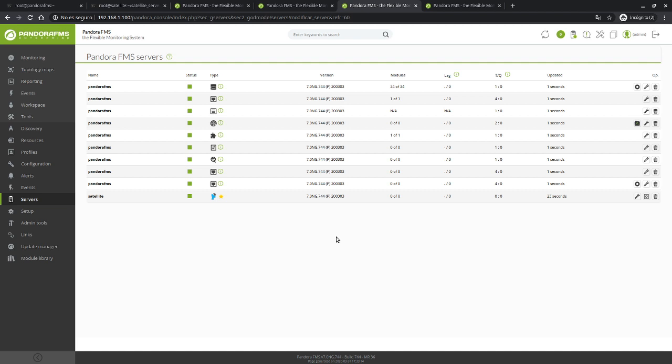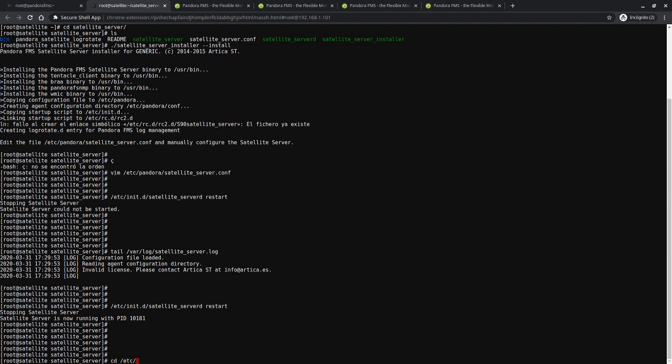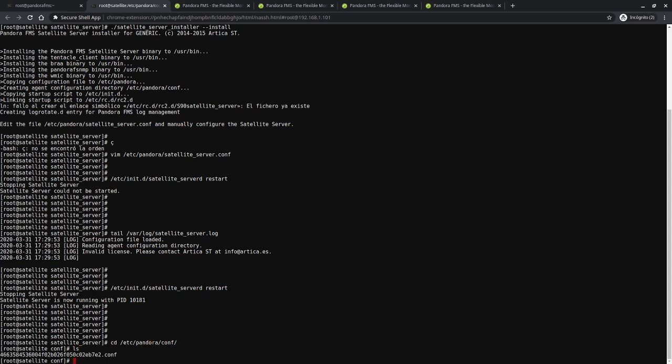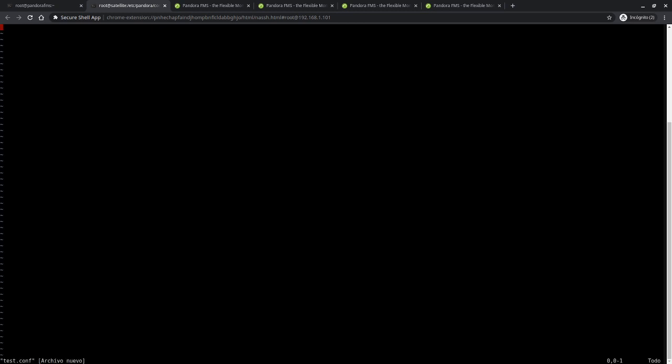We can create the files manually in its configuration files folder. We're going to see it here. The satellite agents configuration folder is located in etc pandora conf. And we just need to create a new file. I'm going to call it test.conf and set two parameters in this configuration file. The first one is an agent name, and the second one is an IP address. Okay, with these two parameters